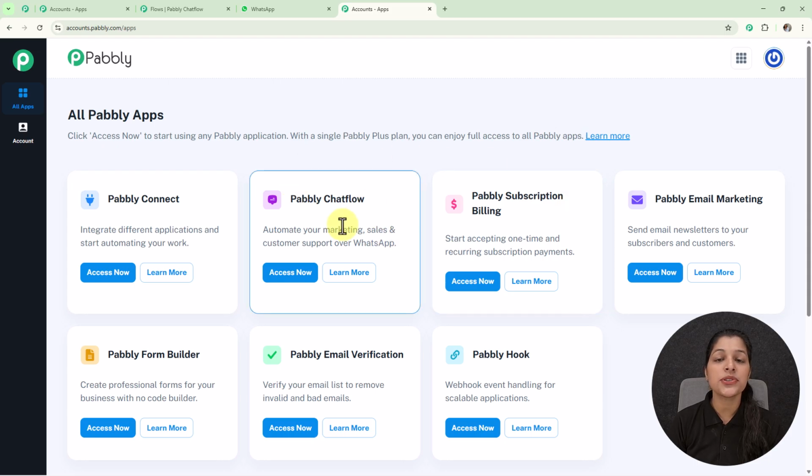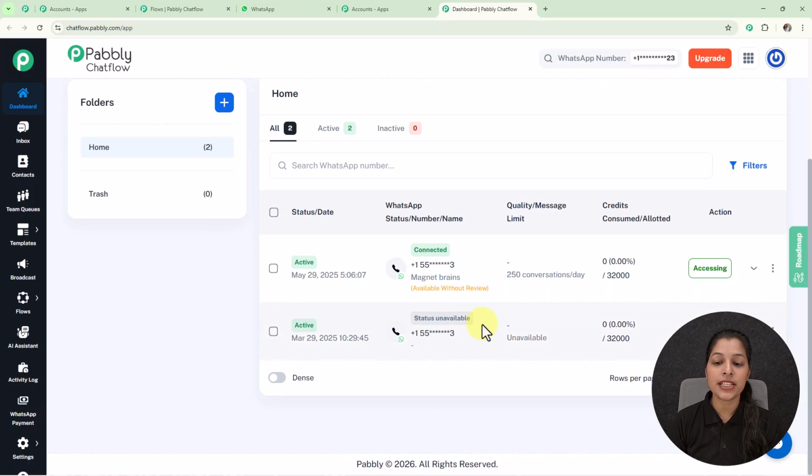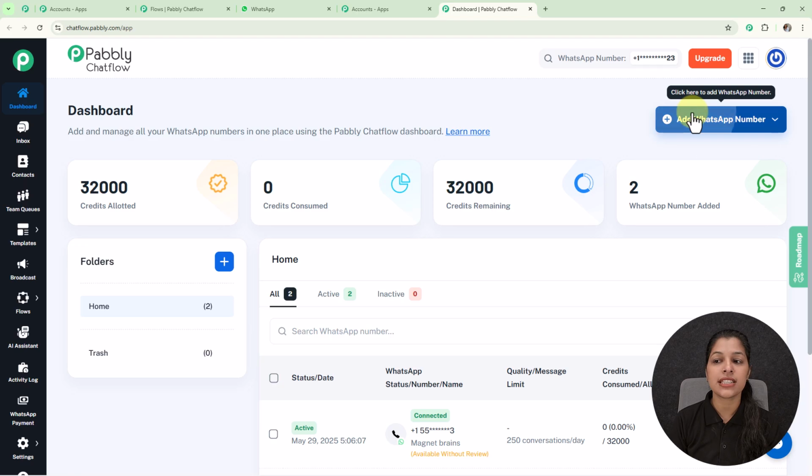And as we are going to create a chatbot, then I'm going to access this Pabbly Chatflow app by simply selecting this access now button, and we will be landed to the dashboard page of Pabbly Chatflow, which can be seen here. And on this dashboard page, you can see these are the numbers connected to my account. And if you want to add your WhatsApp number, then you just have to click over this add WhatsApp number